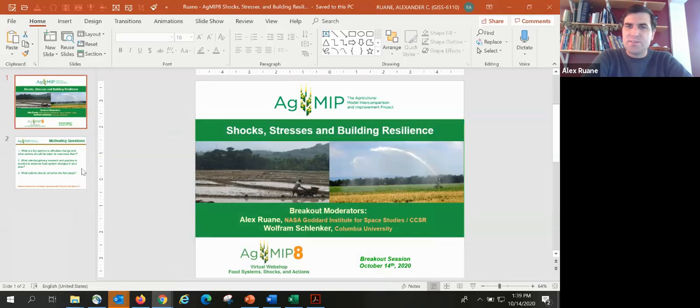This is the Shocks, Stresses, and Building Resilience breakout group. We have just a short amount of time, but we are really happy to help moderate this discussion. I'm Alex Ruane, and we also have Wolfram Schlenker here. We have the task of building off of the presentations both yesterday and today, thinking about how we might reimagine a future food system based on having a stronger resilience to shocks and stresses. There are many motivating factors, but this is the one that we are trying to take on